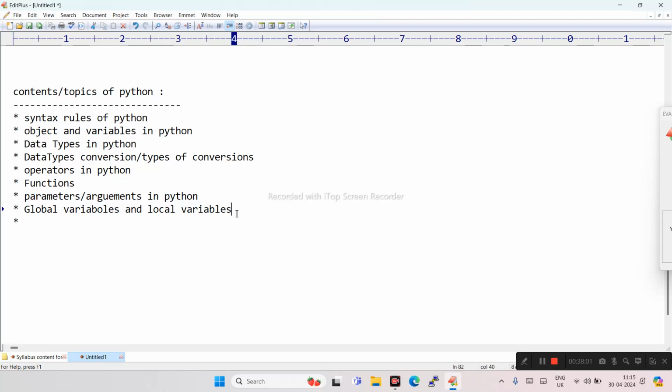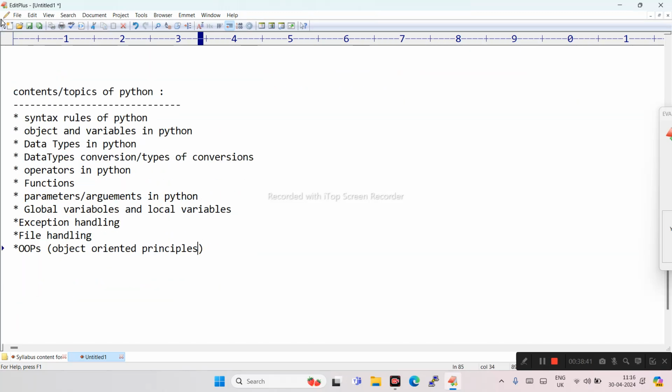The next upcoming topics will be called advanced Python, which is exception handling and file handling. OOPs is nothing but object orientation, object oriented principles.